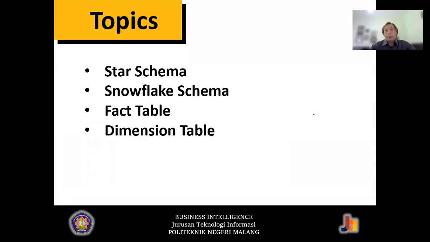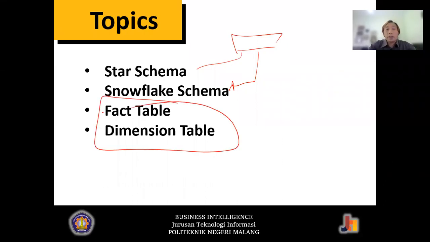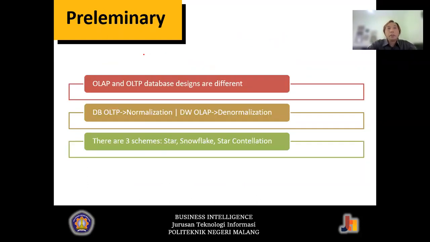So today's topic, we will discuss the star schema and the snowflake schema, the two most popular schemas used in a data warehouse. The schema itself consists of two parts. The first part would be the fact table, and the second part would be the dimension. So there is a difference between OLAP and OLTP. As I already mentioned, the differences would be